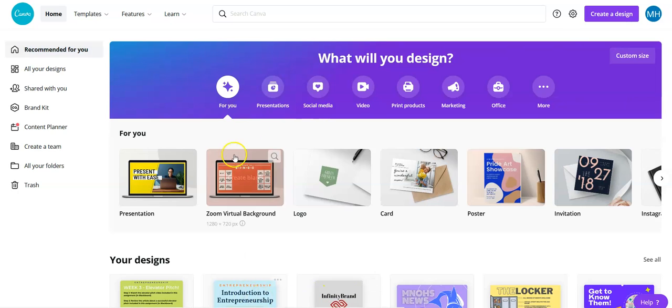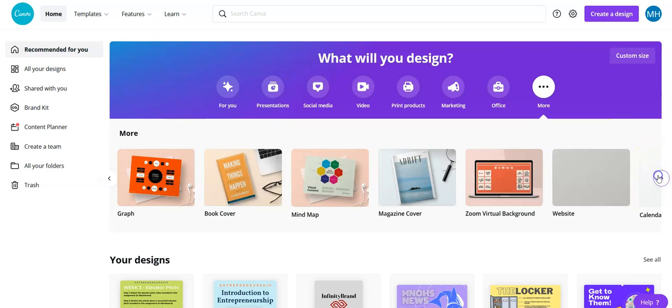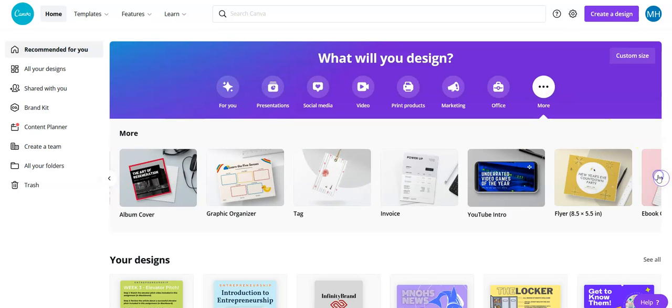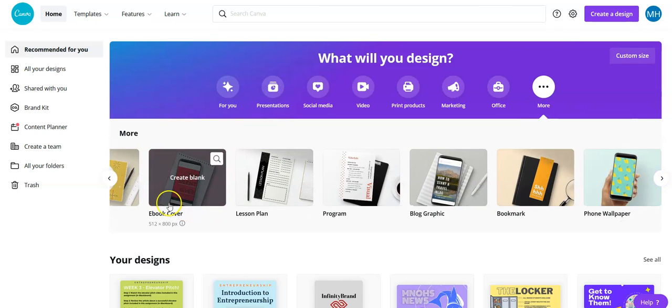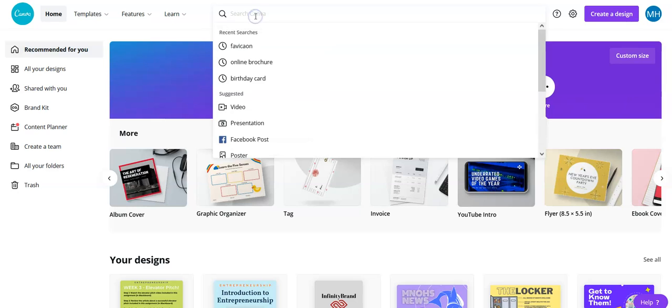So, we are going to create a logo in Canva. There are all different kinds of designs you can do. If you're in here on this main page, you can go to more. And again, down here, you can see all kinds of options. If you want to design whatever you're designing in one of these other options, you're welcome to do that. With that being said, I am going to